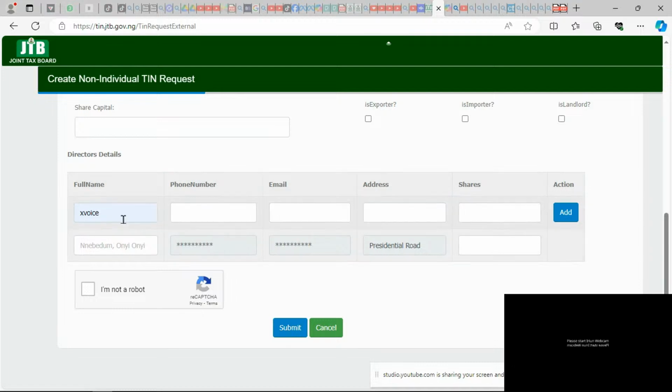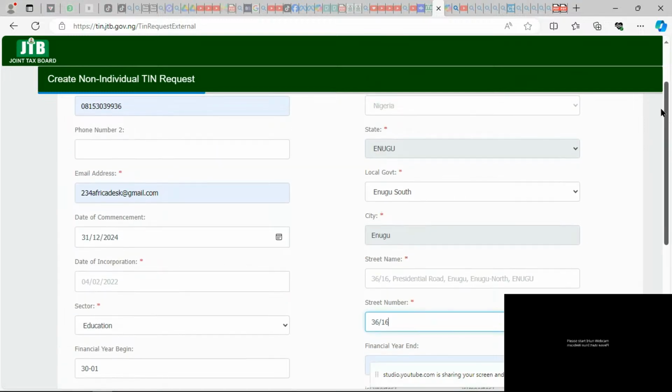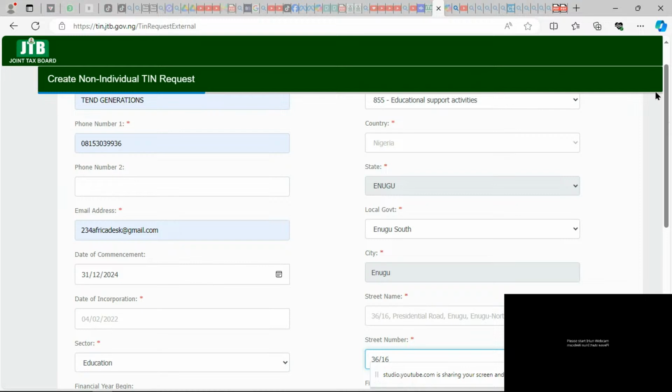Okay, that's where you have directors. I didn't do this, or did I? No, I don't think I did this. Okay, so already, except you have a partnership business where you have to put the name of other partners who are part of the directors of your business.